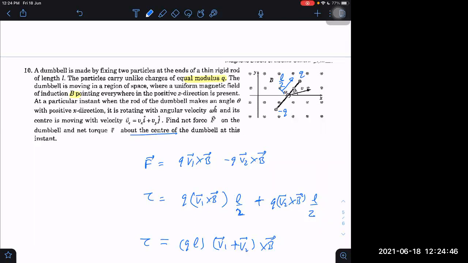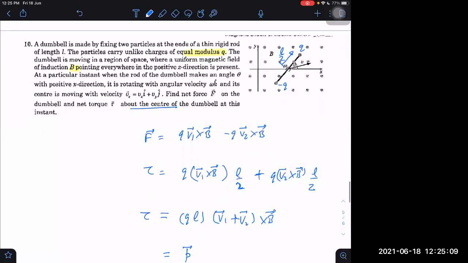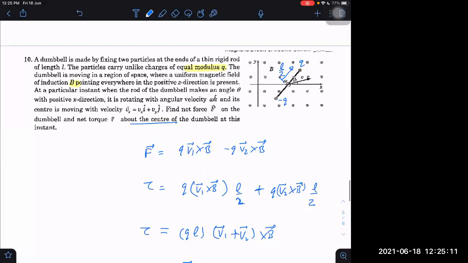Sir, yes, they have given the torque in some variable terms. I mean, tau is equal to minus QBL of (Vx cos theta plus Vy sin theta) k cap, they have given. Found it. How? There I didn't see that they have given components also. Components are given.